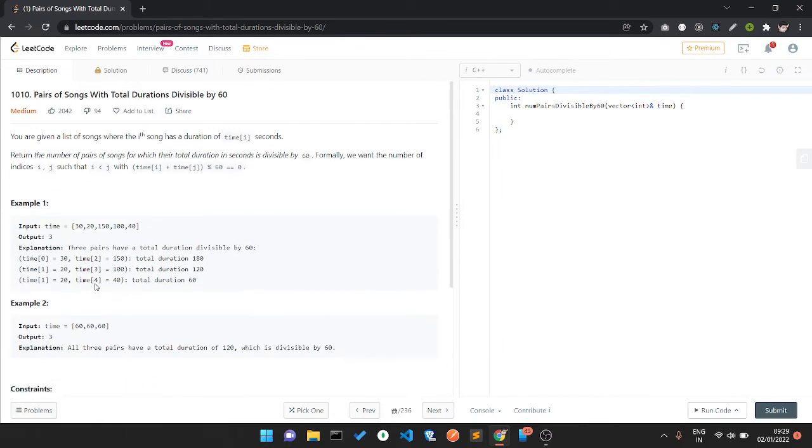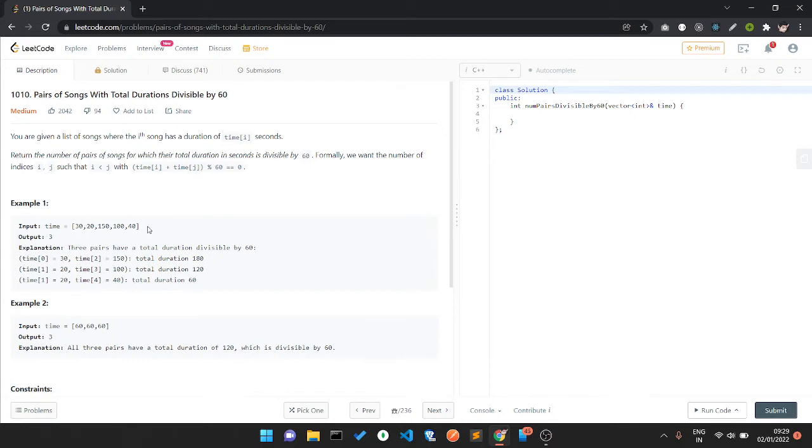And it's similar to the two sum problem. If you have done the two sum problem, you know the concept of how we can do this, because it's totally similar to two sum with multiple occurrences.